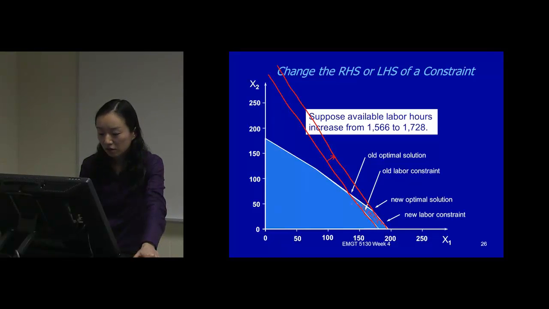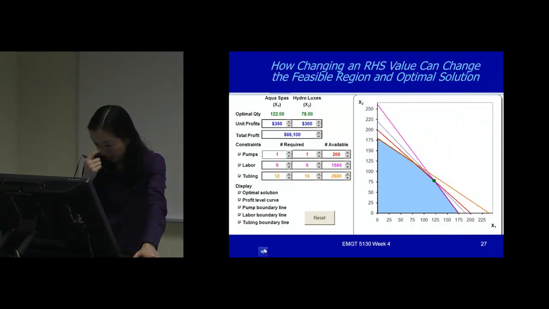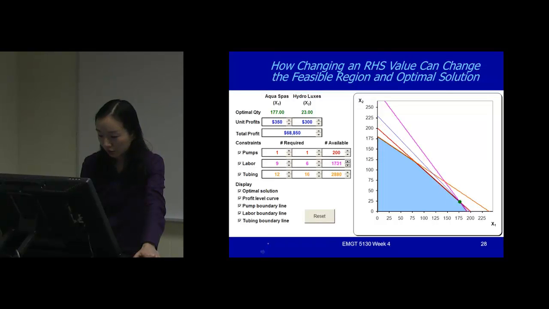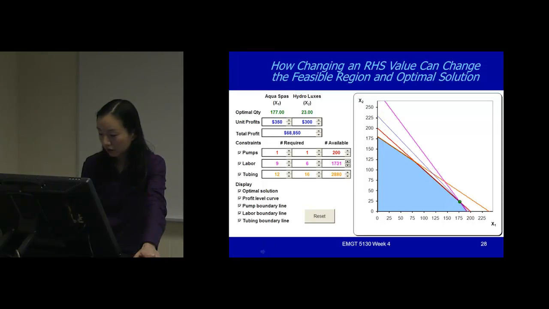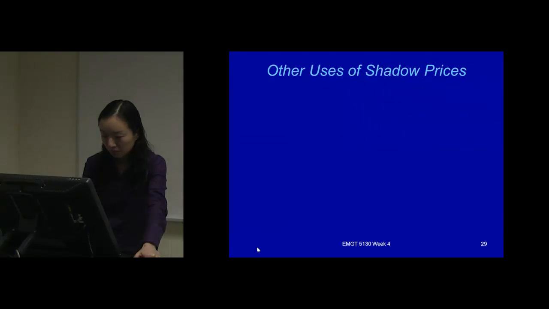Okay, and the level curve can move. Originally it was somewhere here, so it can continue to move, and it hits this point. It gives you a better optimal solution, and we can find the intercept in this case and calculate what the objective function value is. So this is the graphical representation of how a certain right-hand side change affects the optimal solution, as well as the total profit. Originally labor hour is 1566, and when you change it to 1728, the optimal solution moved to here. Go back to this